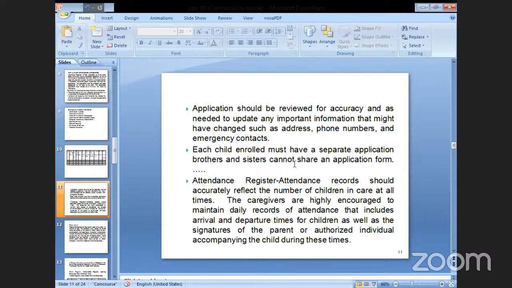In due course, the address, mobile number and emergency contact may change according to their movements and personal information. So we need to facilitate the changes and update the important information. So every application should have